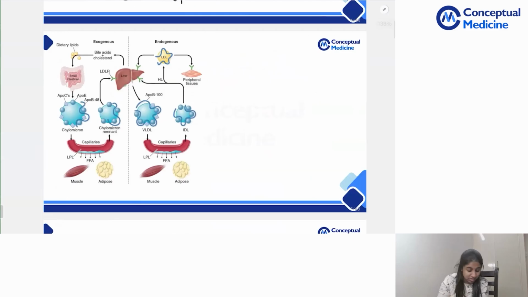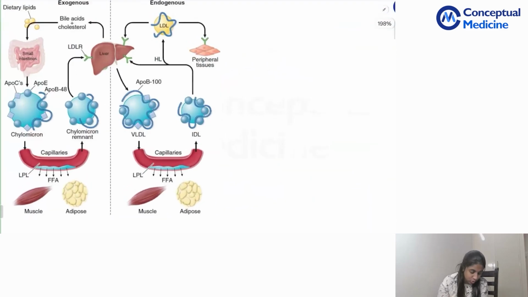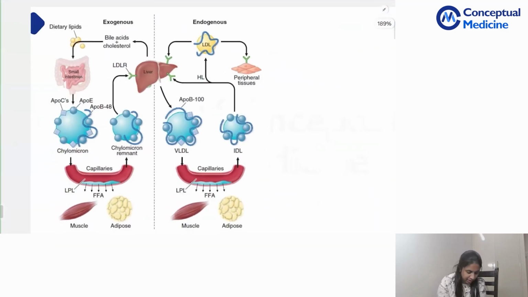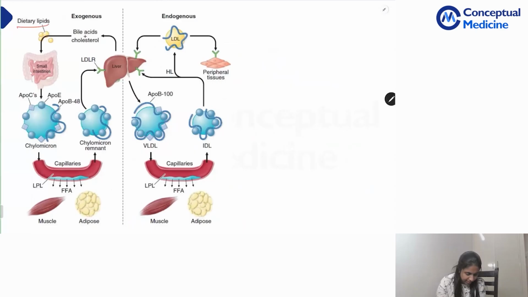This is the picture which is actually given in your Harrison textbook. It is a very simple picture depicting what will happen. You could see the dietary lipid being acted upon by the bile acids, and finally within the intestine, they assemble and they form